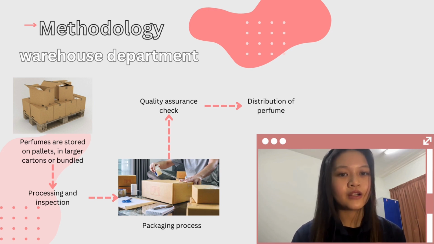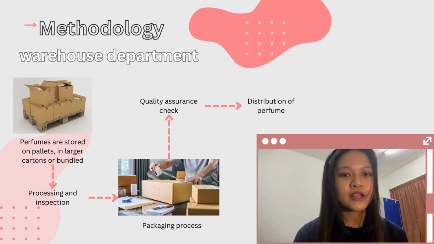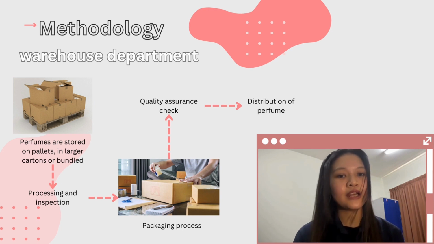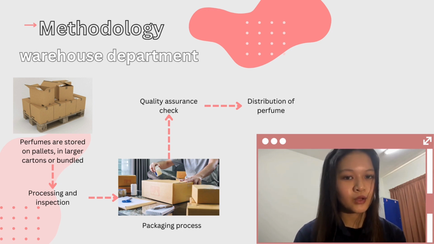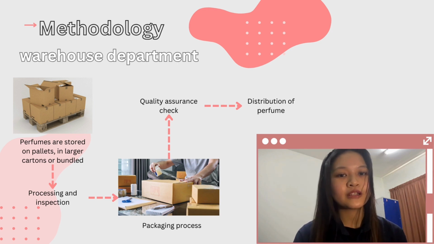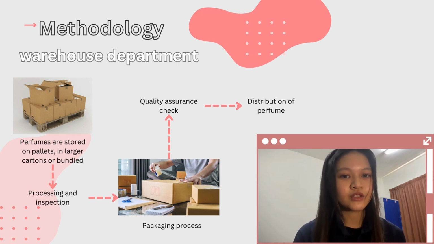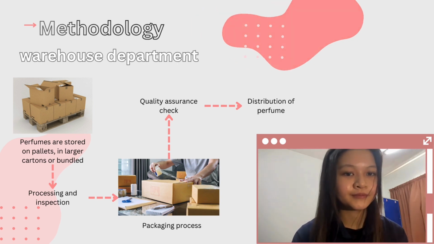For smaller or domestic orders, couriers are often used because it is fast and efficient, allowing for direct delivery to retailers and distributors. For larger international shipments, the perfumes are loaded into containers and shipped to various global hubs. This method is preferred for its efficiency in handling bulk orders, allowing for a broader distribution of the product to different parts of the world.